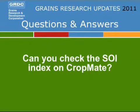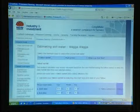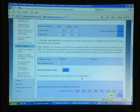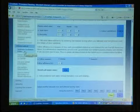I just want to find out if it showed the SOI index somewhere. Oh yes, the SOI. The current SOI or historic SOI. So we've got a few SOI